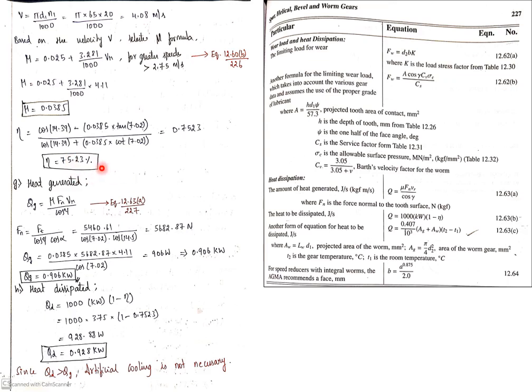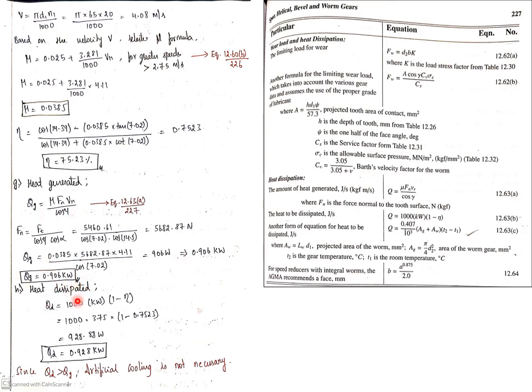So basically, gears during engagement will start producing heat. Correspondingly, you can see here data handbook page number 227, where the heat dissipation and heat generated formulas have been mentioned. Okay. So the heat generated formula is this. To find the value of Fn, you can use this formula, or use what I have shown in the design procedure. Use that also. Okay. Then Qg, just substitute values of everything, and you will be getting the value of Qg.